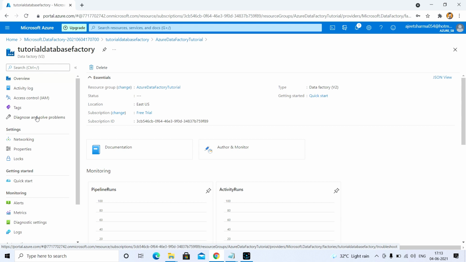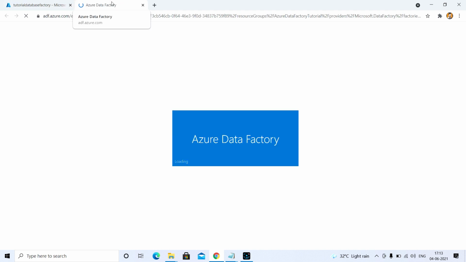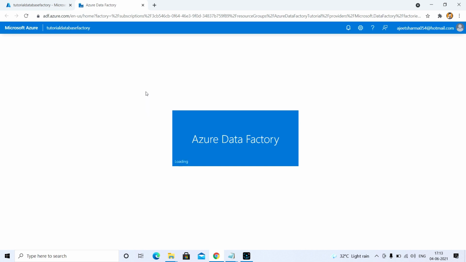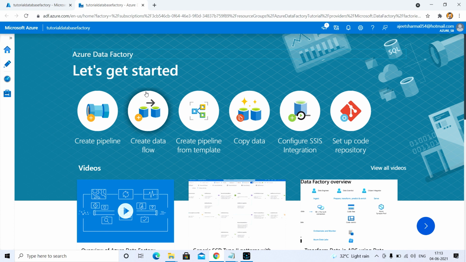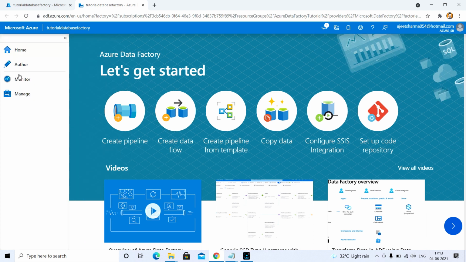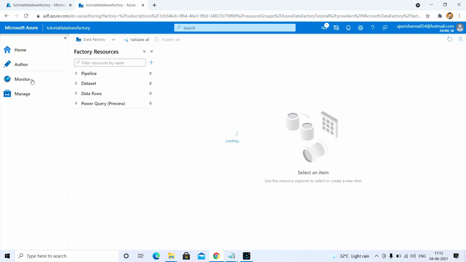To create a pipeline, you just go to Author and Monitor. Once you click on that, another tab will open. After that, you will get all these items available here, like Home, Author, and Monitor.